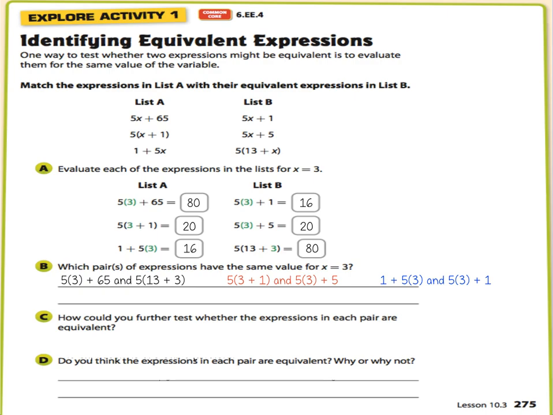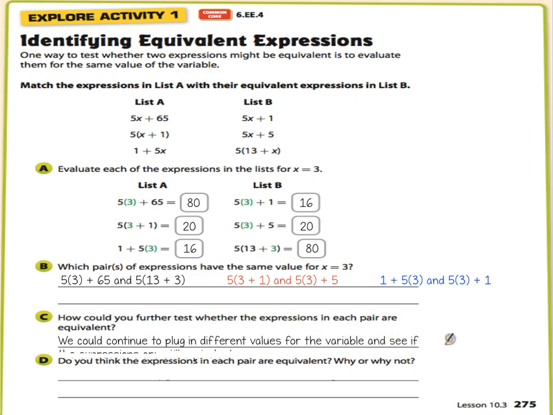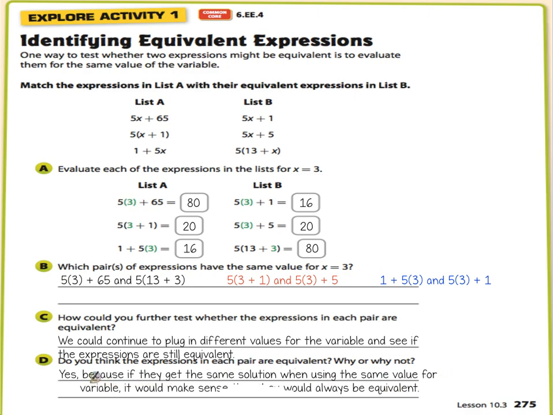All right, so we might not want to just take one number as a good example. So how could I further test for equivalency? Well, it's simple. What I could do is continue to plug in different values for the variable to see if my expressions are still equivalent. In this case, I would still get the same answer, especially since I'm not dealing with exponents. So do I think my expressions in each pair are equivalent? Why or why not? Yes, I do think that they are equivalent, and the reason for that is because if